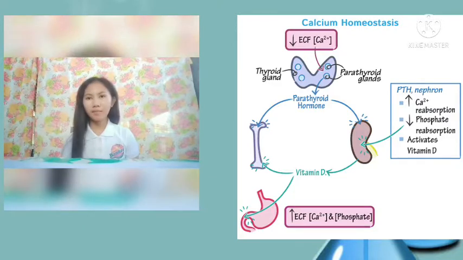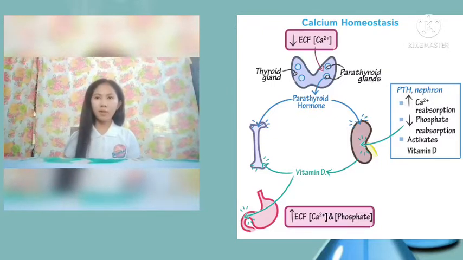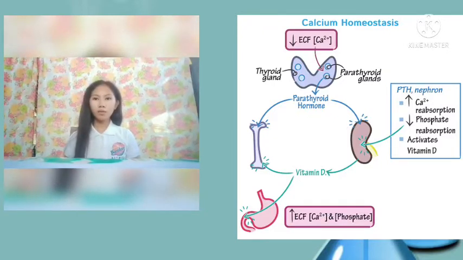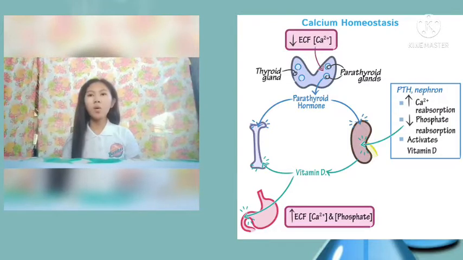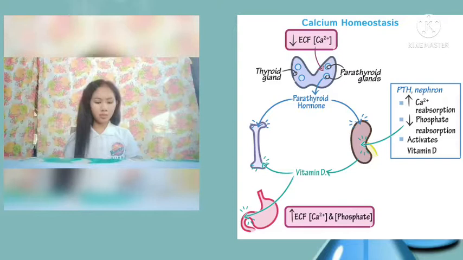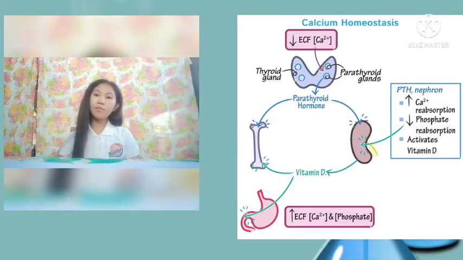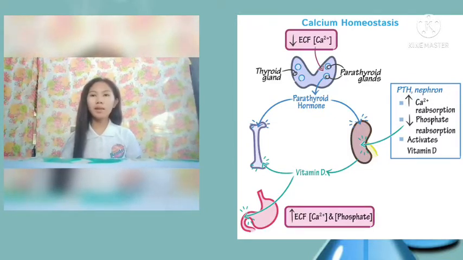Calcium homeostasis regulates calcium flow to and from the bones. Inadequate calcium levels can result in osteoporosis. Calcium release from the bone is regulated by parathyroid hormone, which acts in the liver and is then converted to calcitriol in the kidneys, the biologically active form of vitamin D.